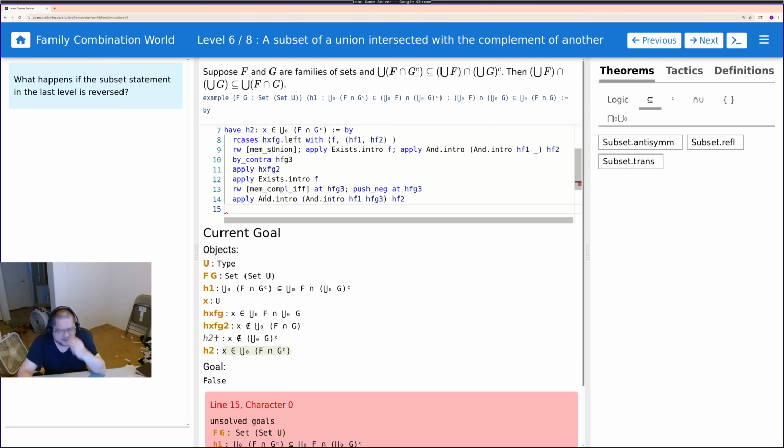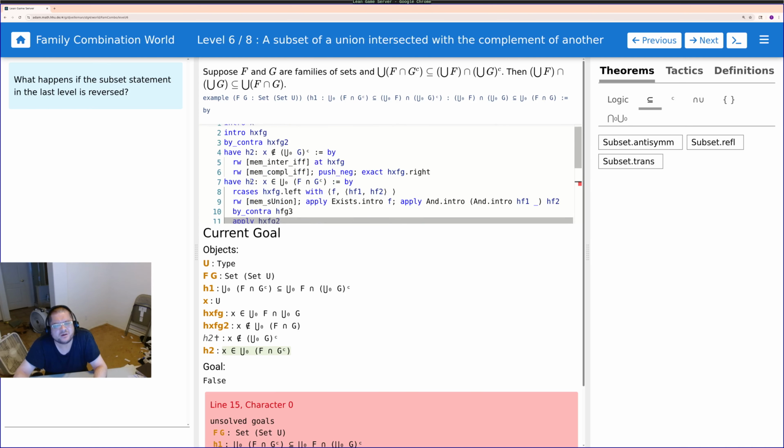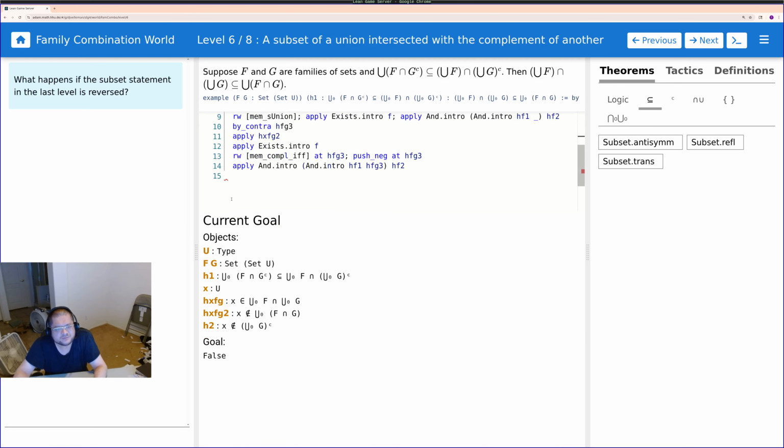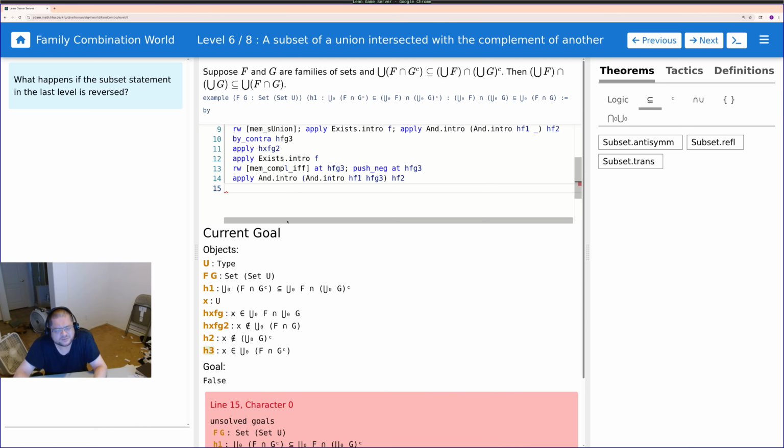Now we have to prove the main thing, which should be relatively easy, because, alright, I have terrible naming. I call that H2. I should call this H3. So, because of H2, we know that it does not belong in this term here, and because of H3, it does belong in this term here. So it should be relatively easy to get it false. We just want to apply H1, and it doesn't let me do that. What if H1